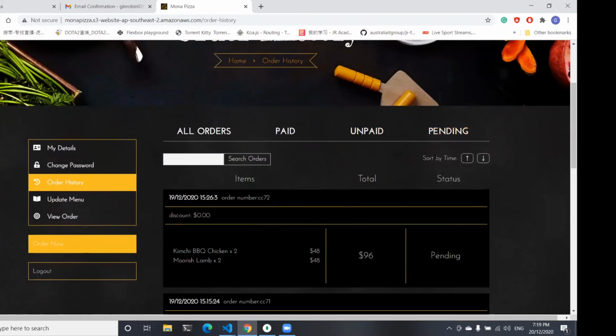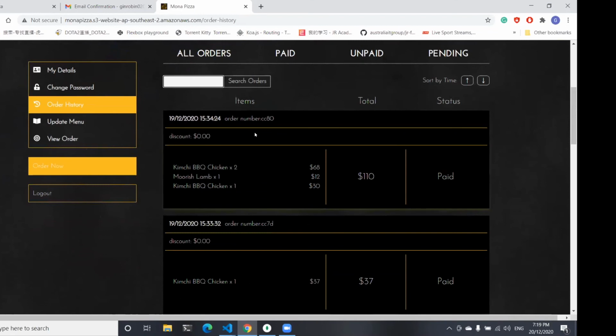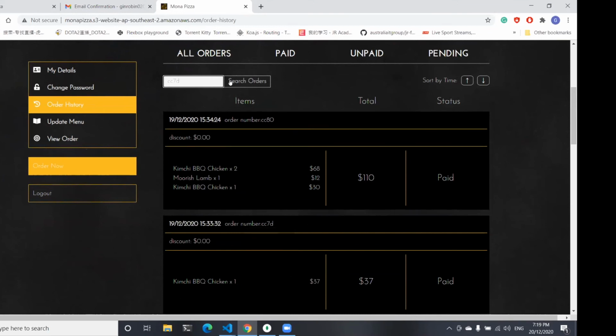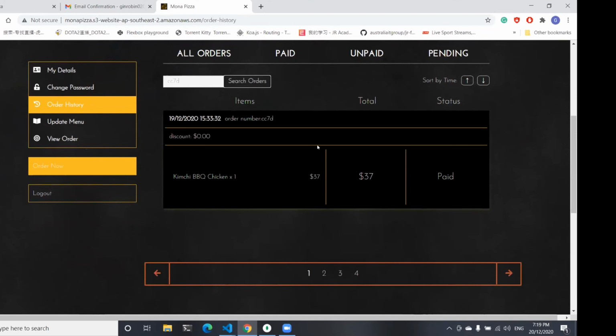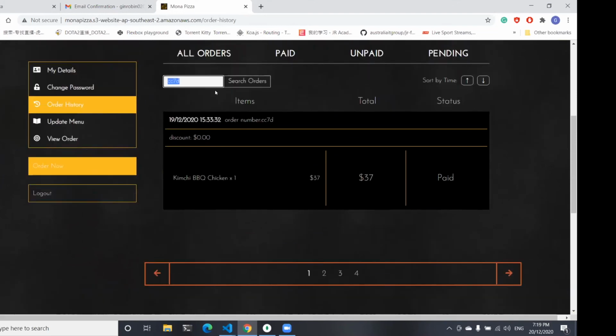And you can also view the pending orders. And what else we can do is use the search bar to search for a particular one. Let's see the CC7D. You search it, it appears here, and it's